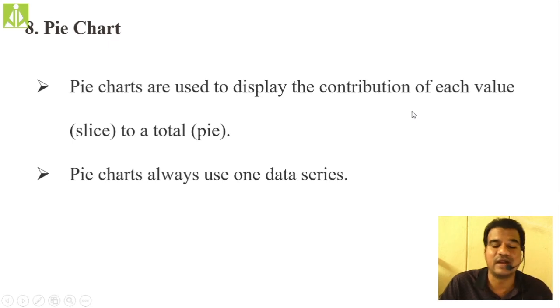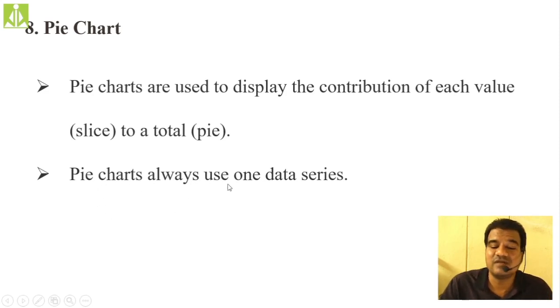Out of 100, how much the grapes production is contributing, how much the bananas production is contributing, and how much the oranges production is contributing. So simply, in order to show the percentage in terms of production, we go for these pie charts. Hopefully you understood. So we will get slices over there. Soon you will understand everything, how we can draw a pie chart and how we can make it a nice pie chart. That also I will show you.